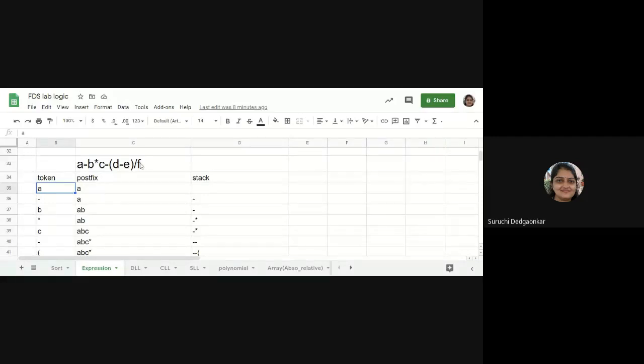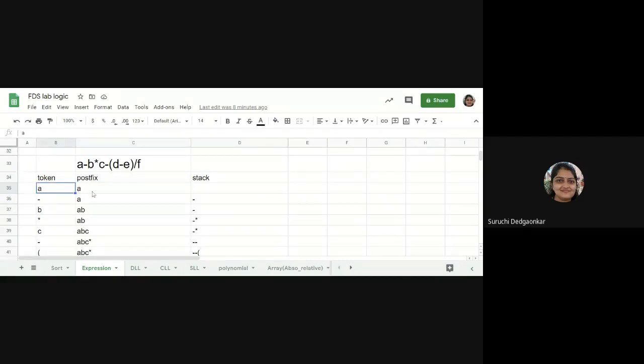Then when you come across opening bracket, you have to push that opening bracket into the stack, and when you come across closing bracket, you have to pop from stack until the opening bracket is popped. Okay, so these are the four different conditions which you have to consider while converting.